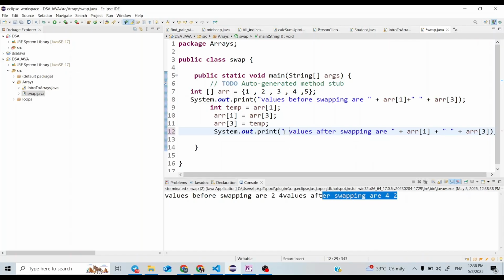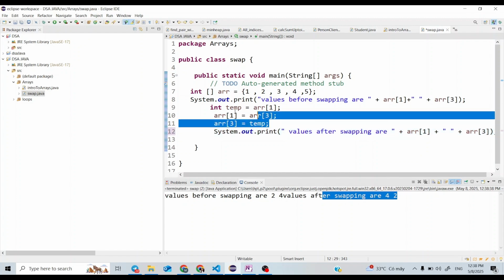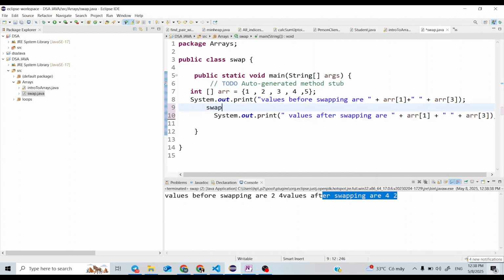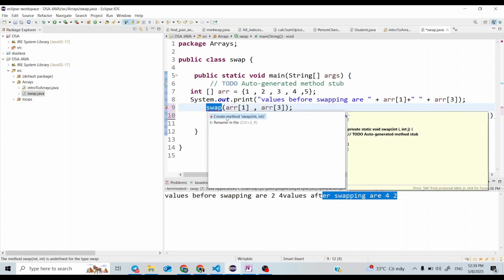Now I want that instead of swapping here, I will write some function that will be swapping my array of 1 with array of 3. So let me create this function.